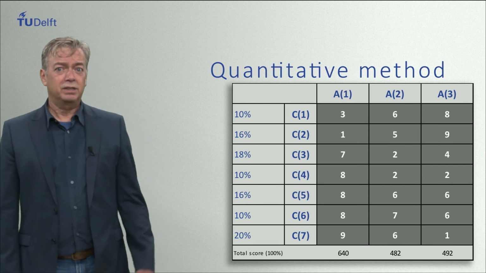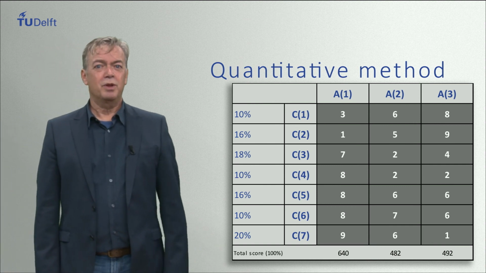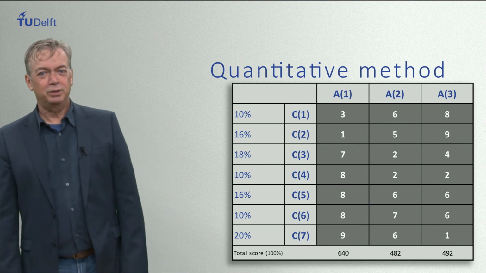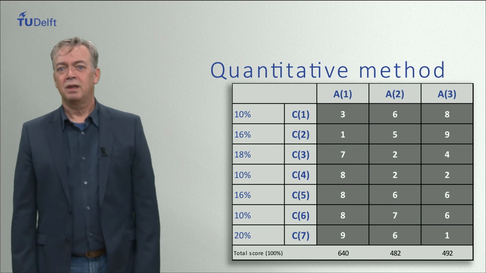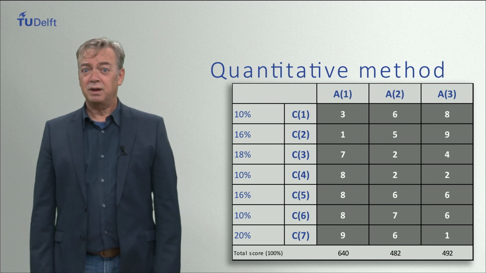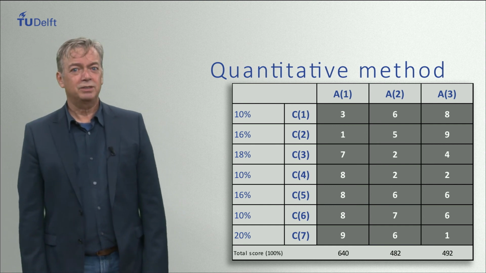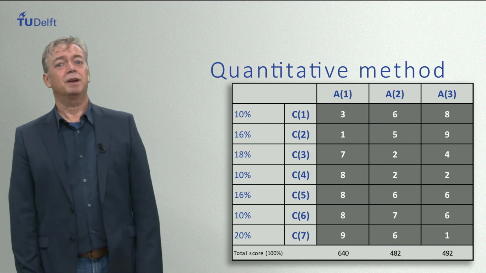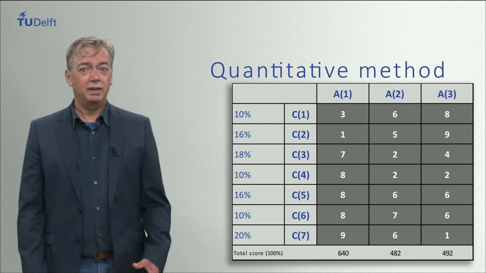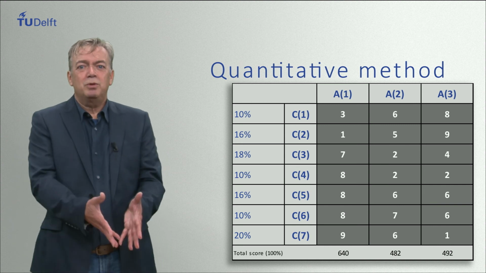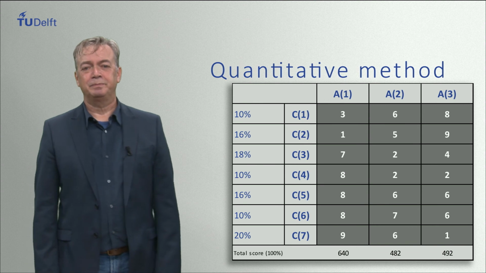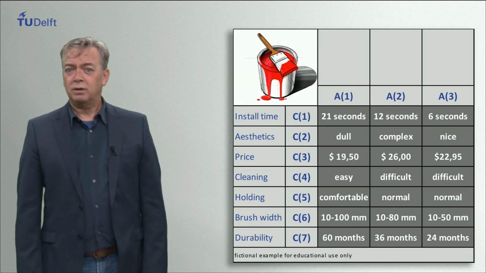And quantitative methods, as you can see, lead to matrices full of numbers, and the decision maker is often seduced to choose the highest score immediately without consideration. In other words, the decision maker relies on numerical values and tends to forget that all methods, quantitative and qualitative, are resources, aids to decide. They are not mathematical formulas in which you simply input the data to get the answer. Now back to our example.